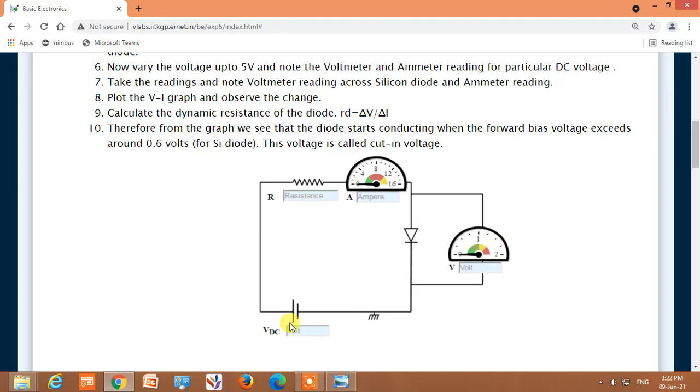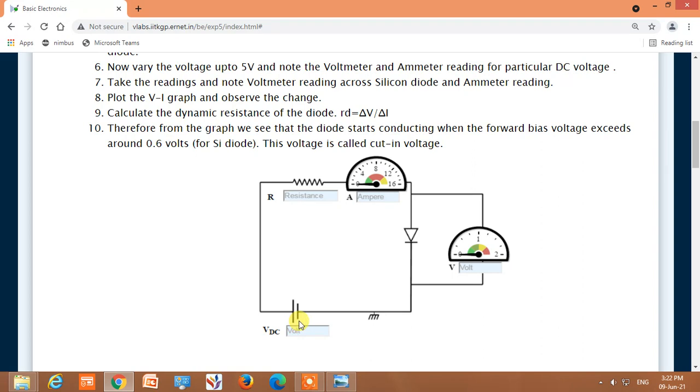Again increase the forward bias to 0.6 volt, you will see that the current has increased to around 4 to 5 milliamperes, and the voltage across the diode measured by this voltmeter is around 0.6 volts.